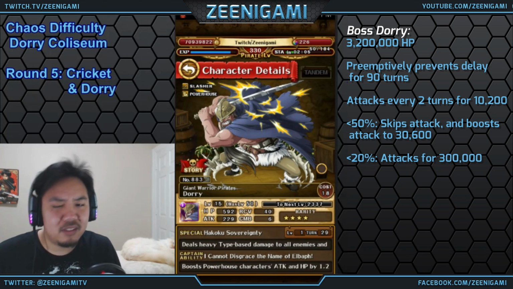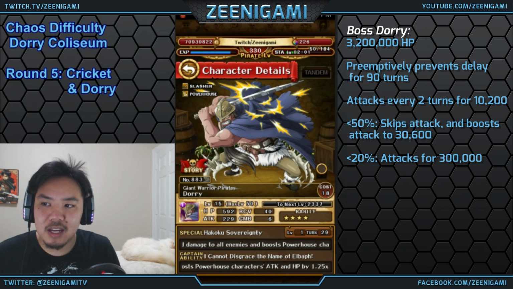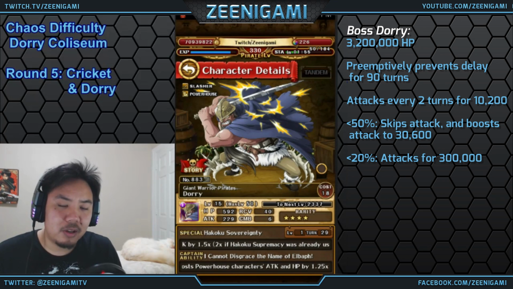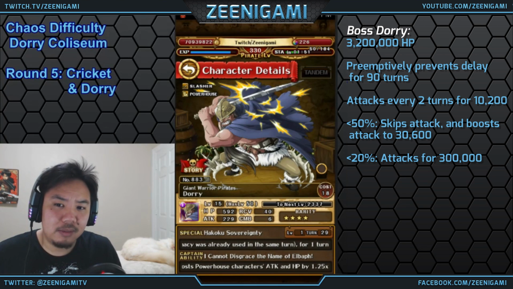Their captain ability is not that useful though. Once evolved, the captain ability is boost the attack and hit points of powerhouse characters by 1.5 times. So decent powerhouse subs, not very good powerhouse captains, and you can always use them on slasher teams as well if you're missing one of their INT or